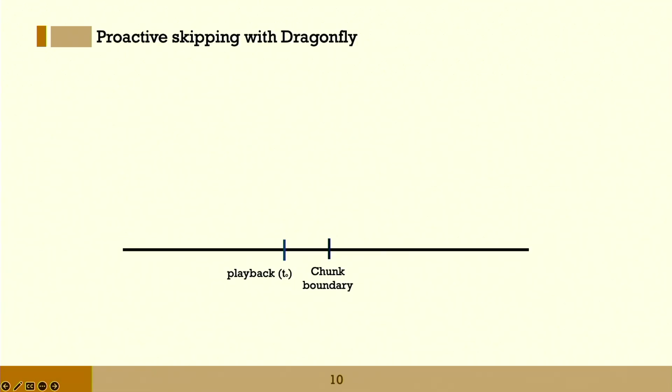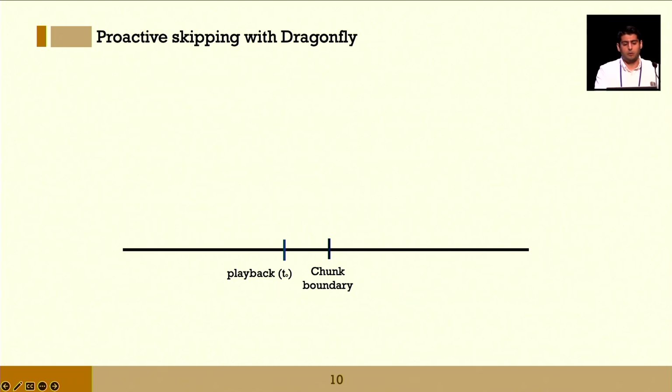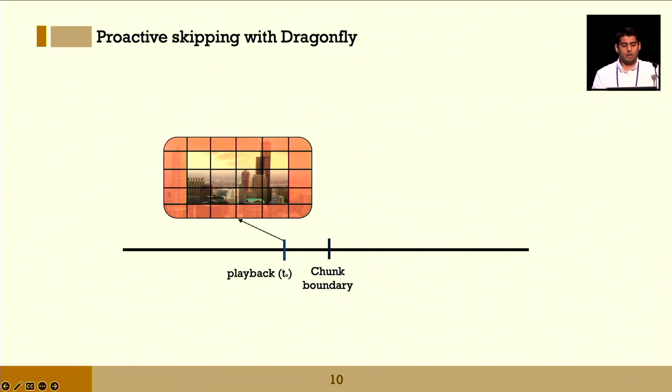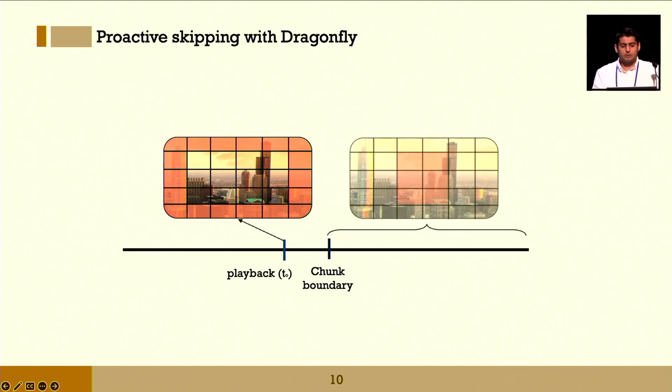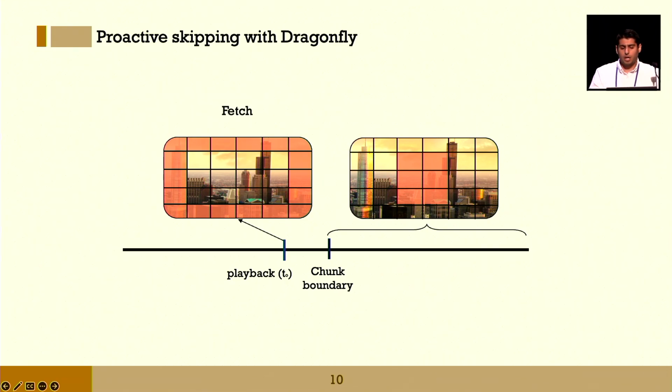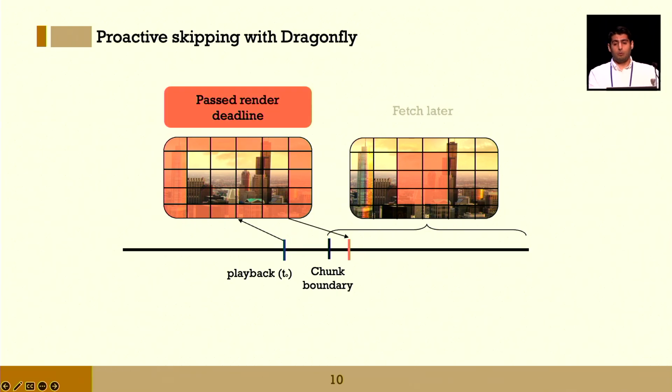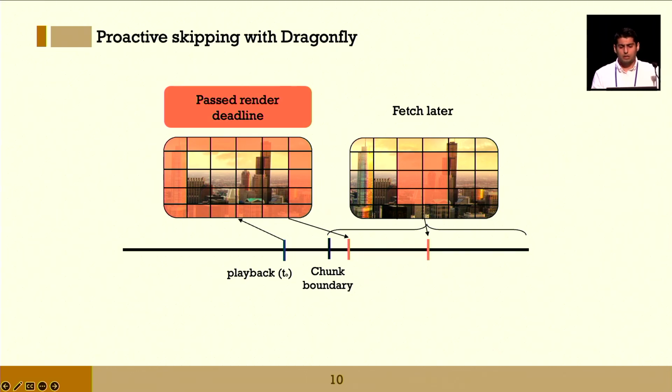But how exactly does proactive skipping work? Let me illustrate with an example. Let's assume that the user is currently missing a couple of tiles at the periphery, which are marked in red, and simultaneously is also missing critical tiles in the middle of the viewport for the next chunk duration. Instead of naively fetching the tiles based on their deadline, although they may pass their rendering deadline, and at the same time cascading the arrival of the more critical tiles and prolonging the duration of the incomplete viewport,